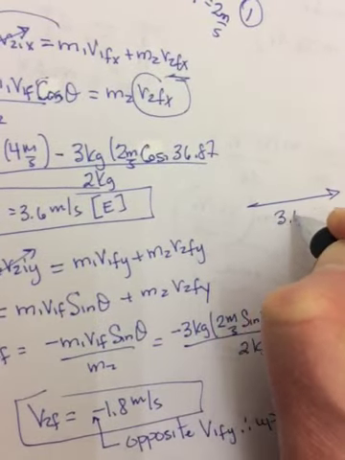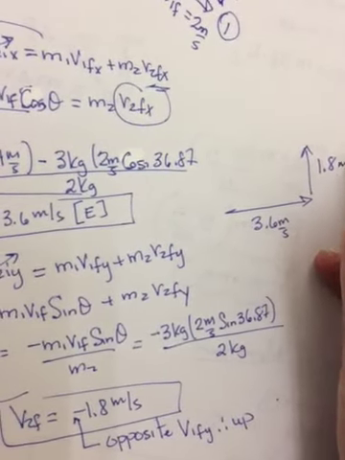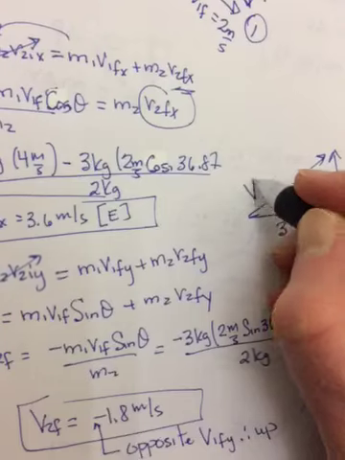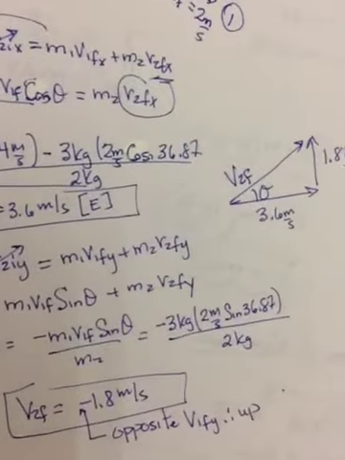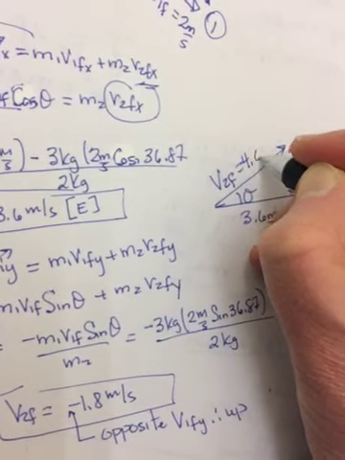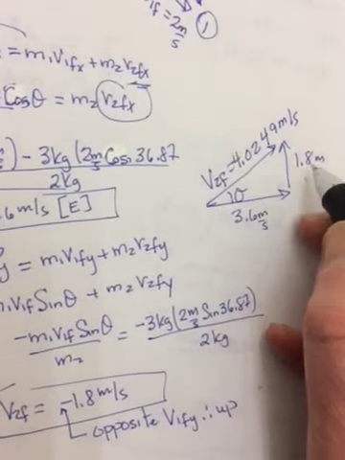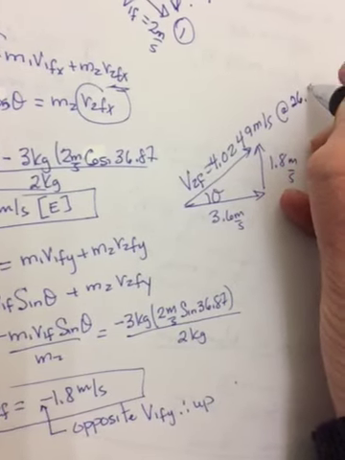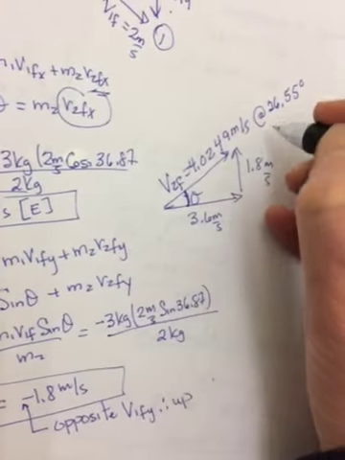So you have 3.6 meters per second going this way. You have 1.8 meters per second going this way because it was up. So this is your resultant, and now you can find it. So this is going to be V2F, and this will be theta. Square them, add them together, take the square root, and you should get 4.0249 meters per second. And then inverse tan of 0.5 will give you an angle of 26.55 degrees. Which way? Well, it's going counterclockwise from